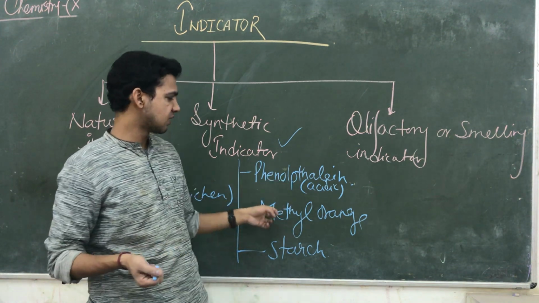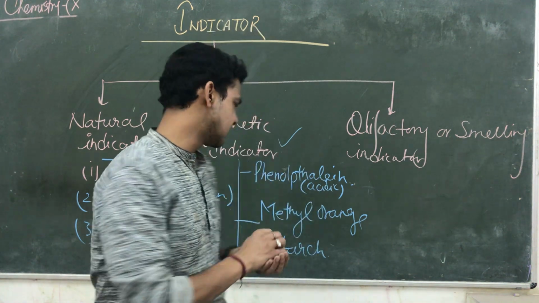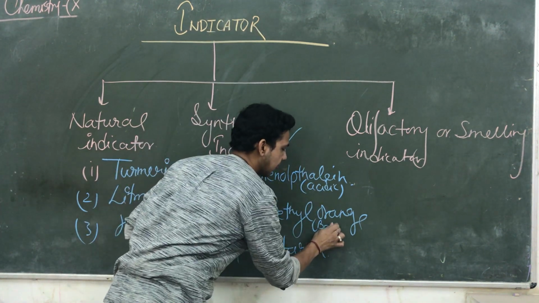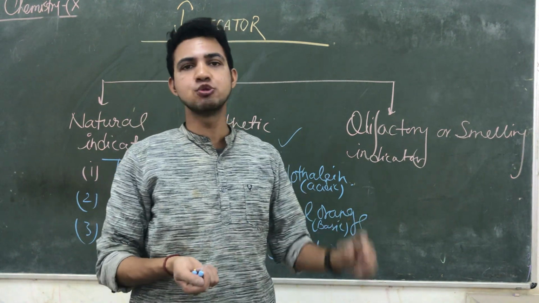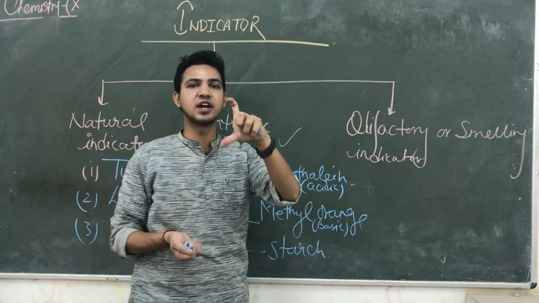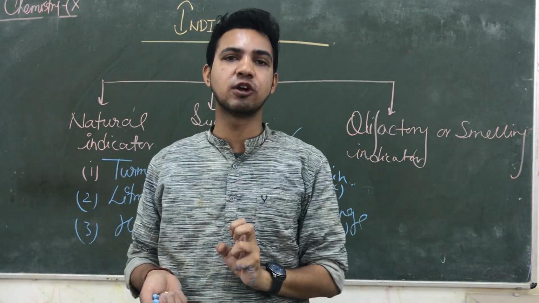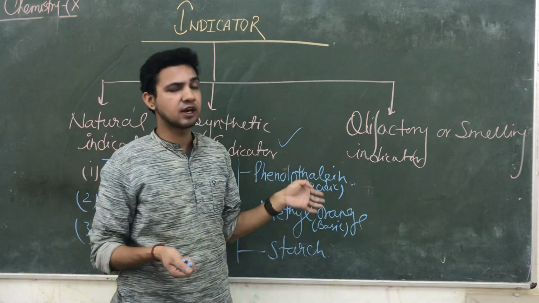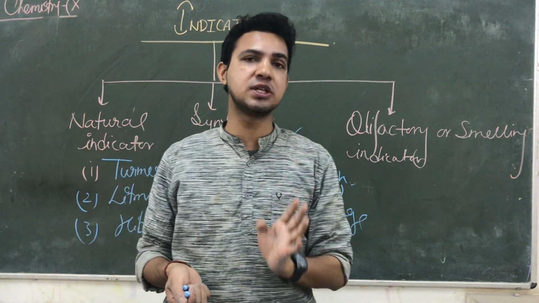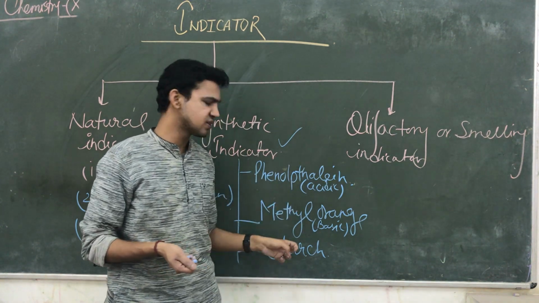Methyl orange, as its name says, is orange in color. But methyl orange's nature is basic, so it shows the presence of acid. तो ये acid के लिए use किया जाता है. अगर आपको acid दिया गया है तो आप acid में methyl orange डालेंगे तो वो orange से direct किस में convert हो जाएगा? Red में. If the methyl orange converts from orange to a red color, it means the given substance is acid.